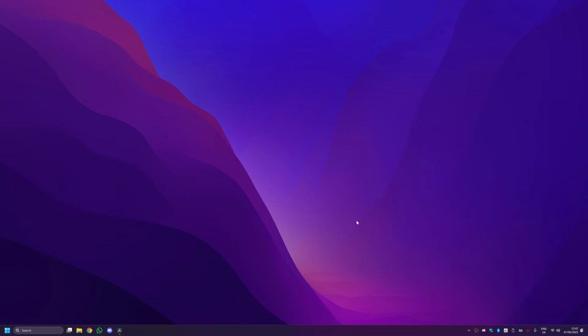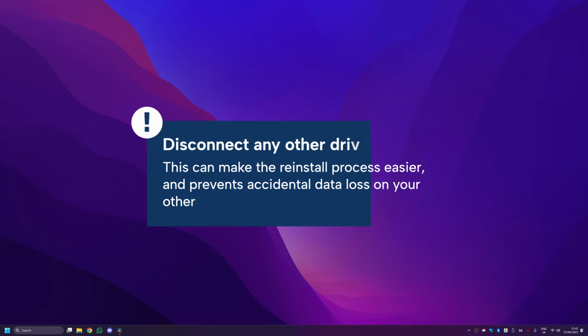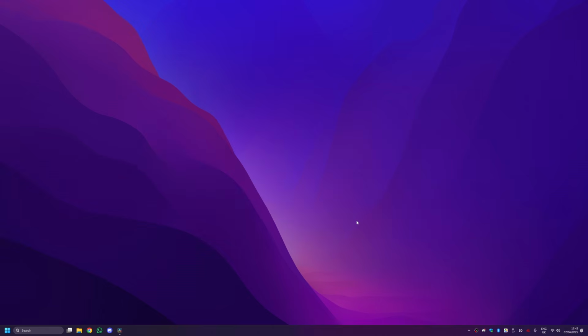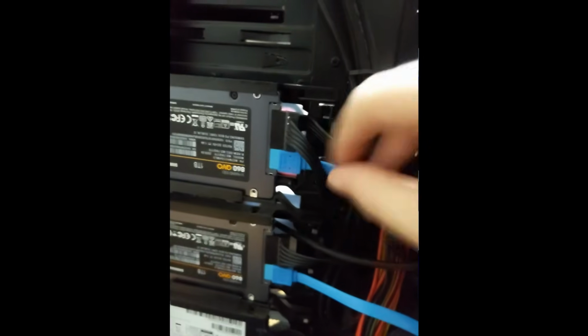This way, once the install is finished, you'll be able to install these drivers and get online. Now, remove the USB stick and plug it into the PC you want to install Windows on. To make things easier, it's a good idea to make sure you only have the hard drive, SSD or NVMe installed that you want to install Windows onto. If you've already installed additional drives, you can disconnect the data or power cables from them while the PC is